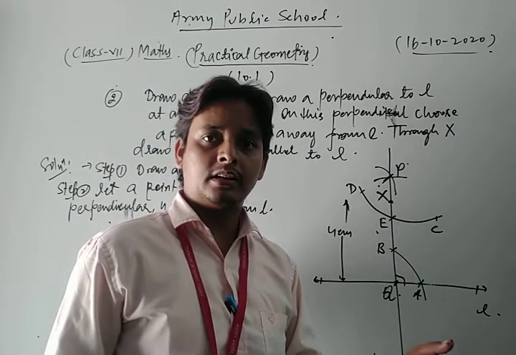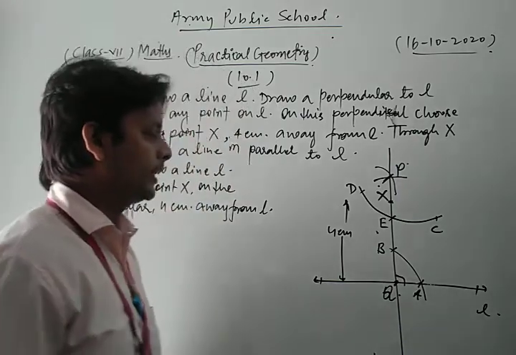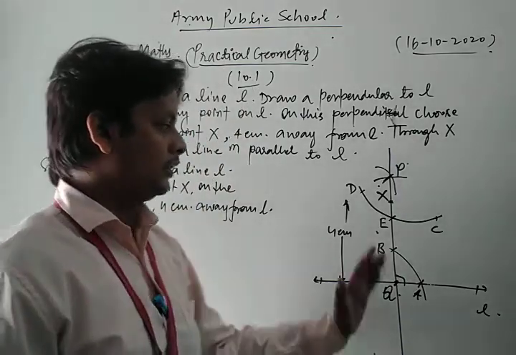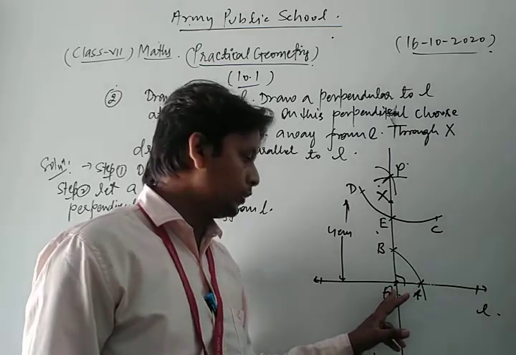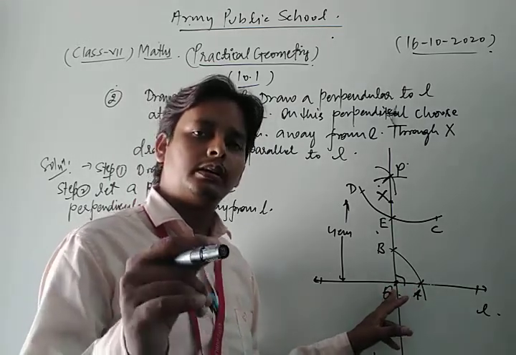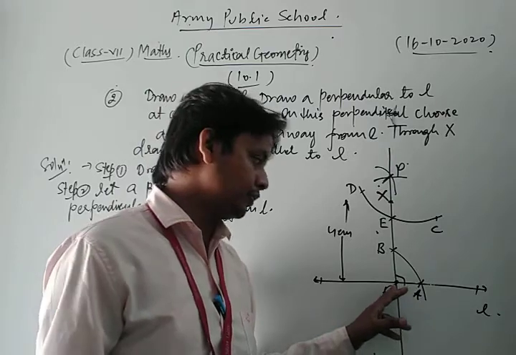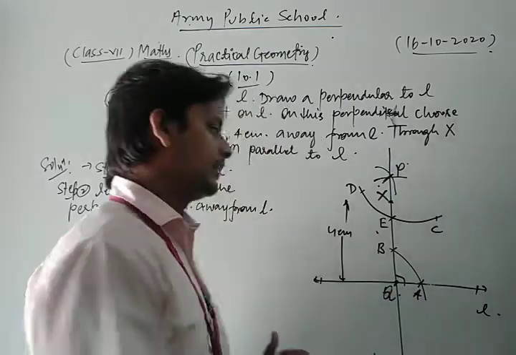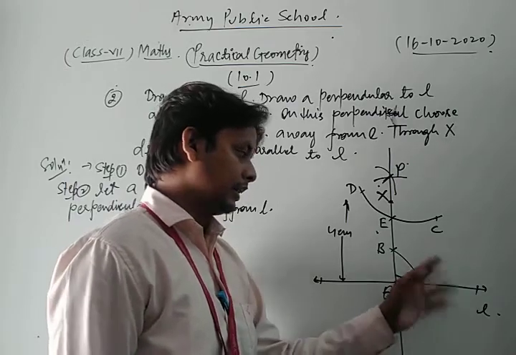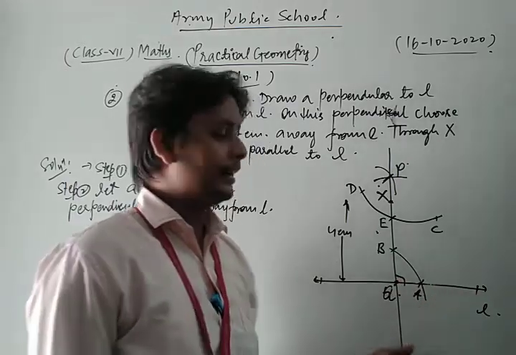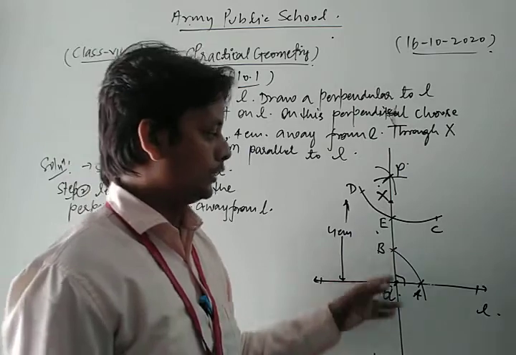Yesterday I discussed that already. Okay, now look once more, dear friends. First we take Q as center. We put the tip of the compass at point Q and cut an arc in this way. The arc cuts the line L at point A and the perpendicular at point B.